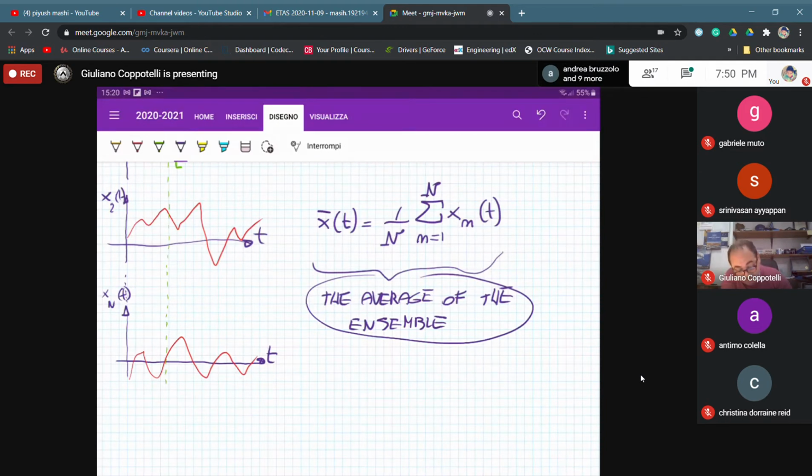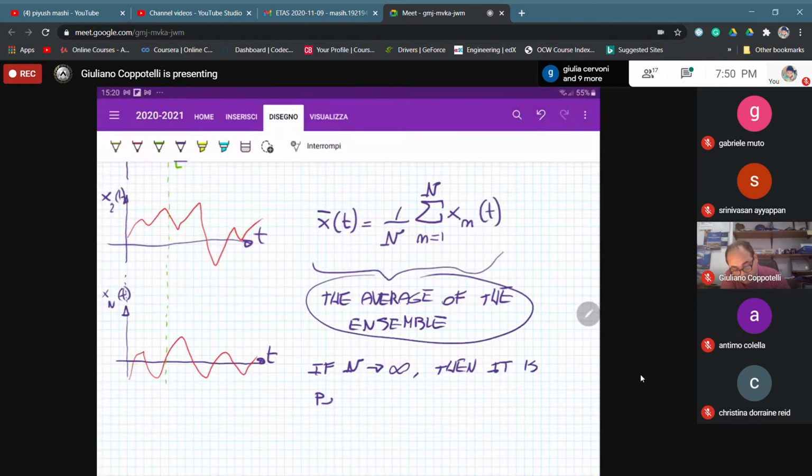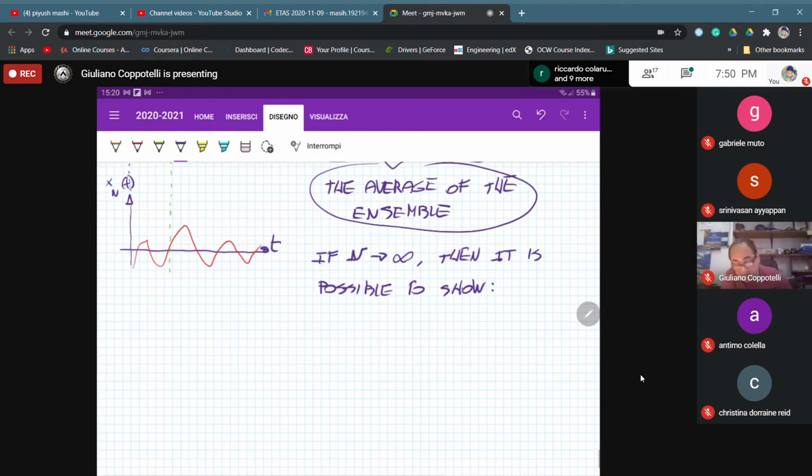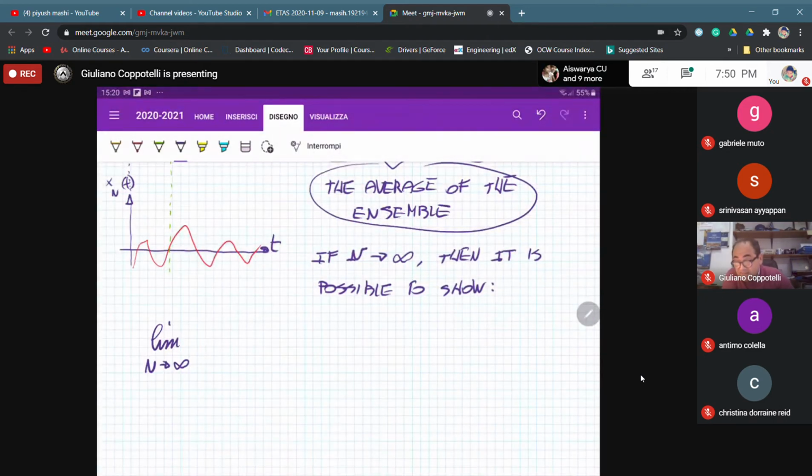So if n, the number of experiments, is going to infinity, then it is possible to show that this limit for n going to infinity, that is, the number of experiments taken is very, very large, of this average of the ensemble